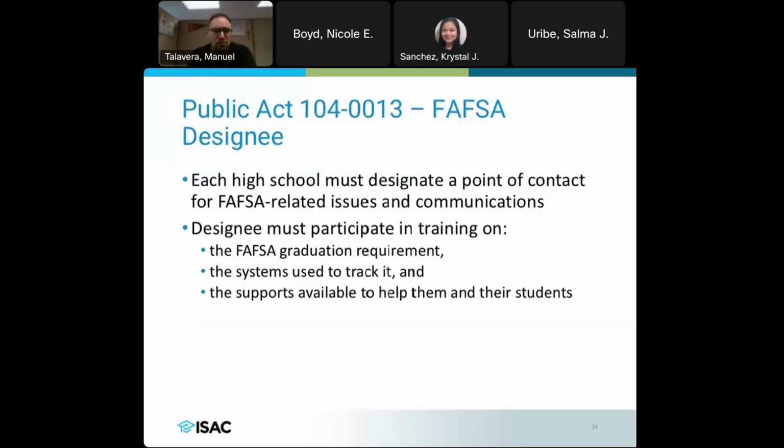Then we have Public Act 104-0013, which is the FAFSA designee. So each high school must designate a point of contact for FAFSA-related issues and communication. This designee must participate in training on the FAFSA graduation requirements, the systems used to track it, which is GAP Access, our Gift Assistance Program portal, and the supports available to them and to their students. And always as a reminder, with high schools, they can always rely on ISAC for providing this type of assistance and support,